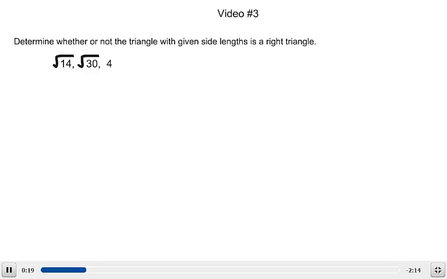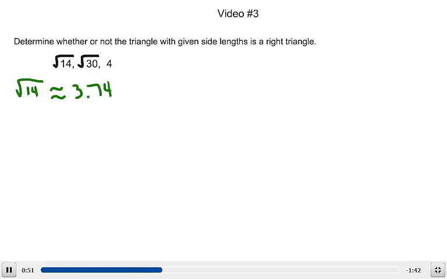Now, with these problems, we always want to look for the longest side length because, as we've said before, the longest side length would be the hypotenuse if it is a right triangle. When we look at these radicals, we may not know exactly which is the longest side. To help us out with this, we can take each value and approximate it in decimal form. So we're going to say, what is the square root of 14 approximately? If we put that into our calculators, the square root of 14 is approximately